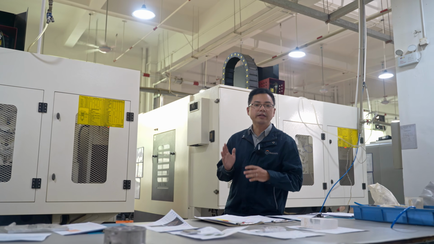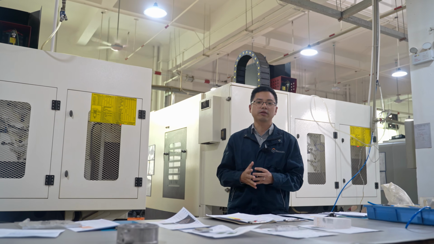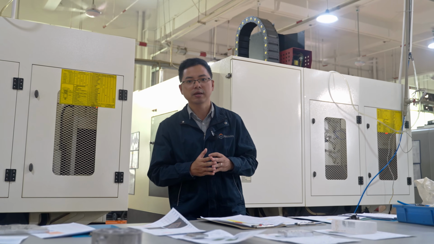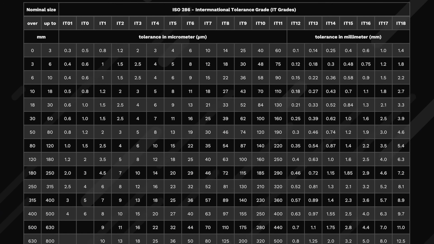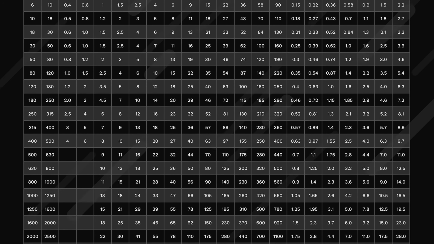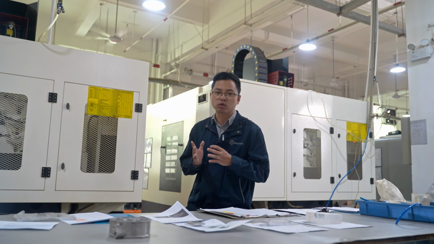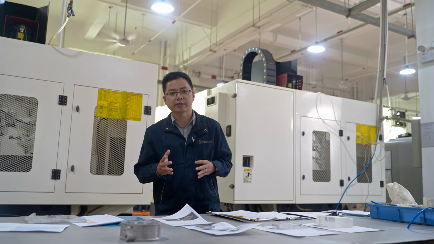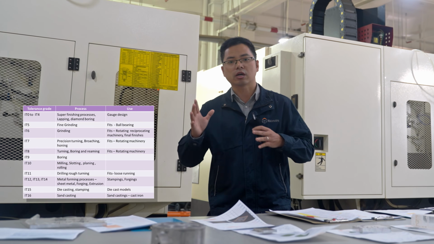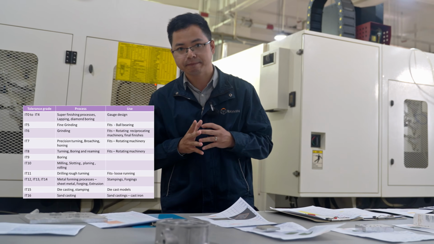So what is the standard that is usually referred to regarding the selection of tolerance classes? In the current international standard system, standard ISO 286 divides the tolerance range into 20 grades from IT01 to IT18. When selecting the tolerance grades, designers need to consider common part applications. This is a table with the common part applications for different tolerance grades.